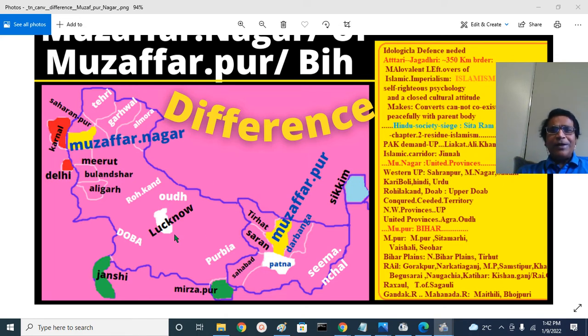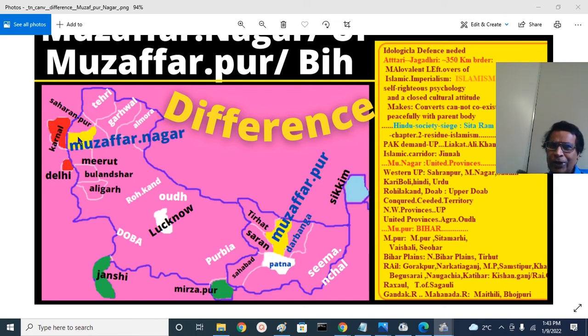After independence, it is called Uttar Pradesh. So United Province or Uttar Pradesh, thus the region. That consists of Doab region, Rohila country plains, and Awadh plains, and Purbiya plains, Benares and Gorakhpur region. Also consists of Bundelkhand regions, the Jhansi, Hamirpur, Jalon, and Sonbhadra region, Mirzapur. That is about the